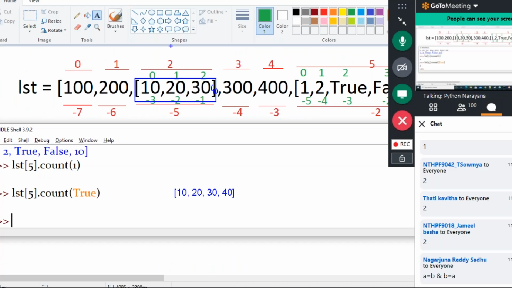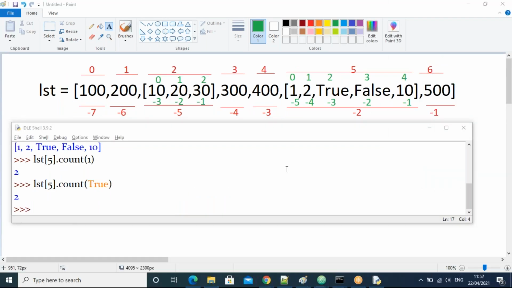Let me know how to add that 40 in this sublist. All of you give me a reply now.